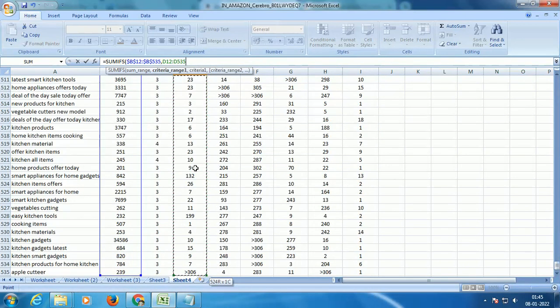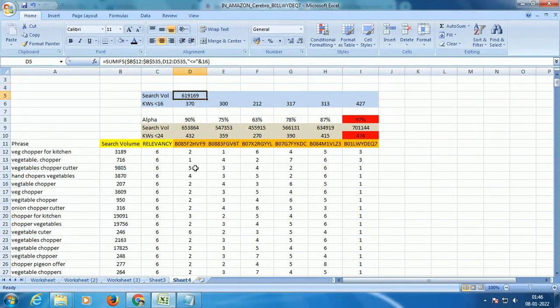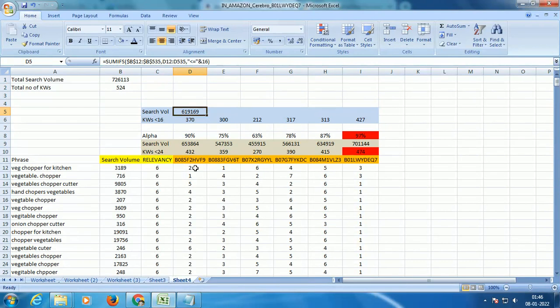Now this time I want anything less than or equal to, and this time I'll say 16 instead of 24, right? So what this data is telling us is, since this particular seller is ranked for 370 keywords under 16, he is placed under 16 organic positions, right?